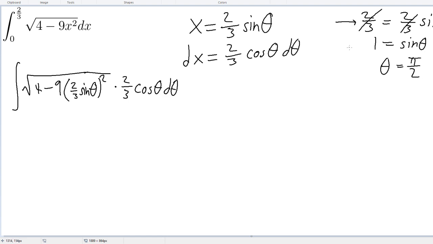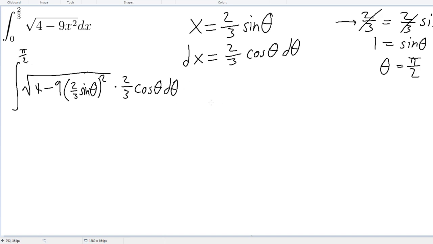Or I guess you could say inverse sine of 1. What is inverse sine of 1? Pi over 2. Okay, so our top bound is pi over 2. Now, you do not have to do this. You could just leave it and then turn it back to x form. That's the only thing. Here, because I'm already solving the bounds, I do not have to turn it back to